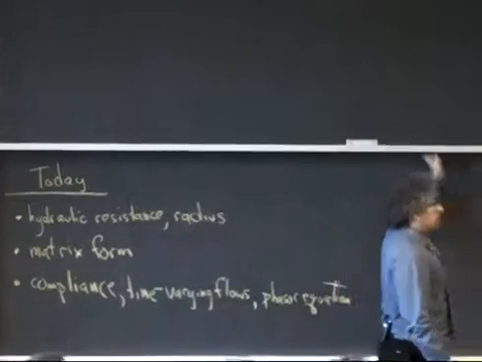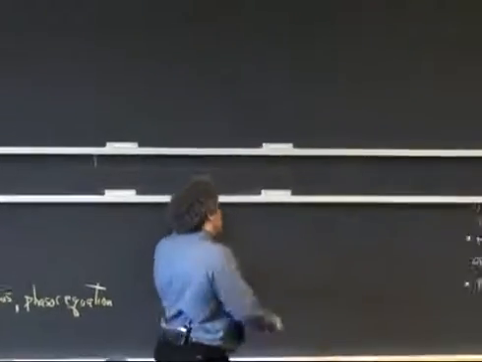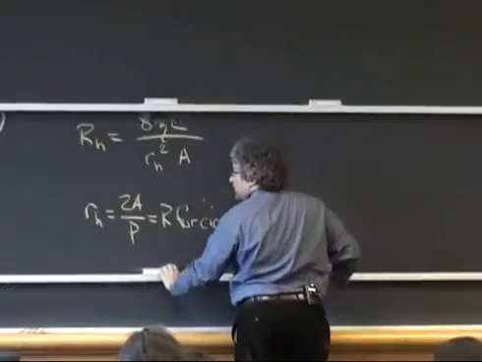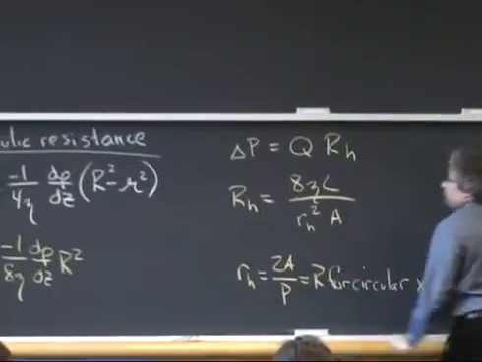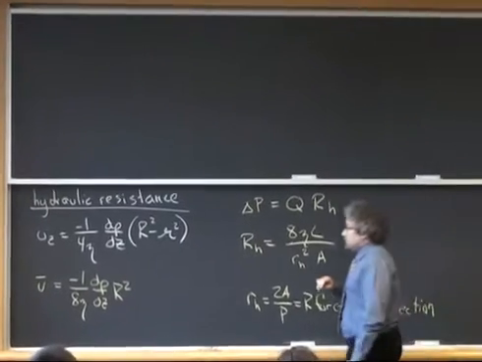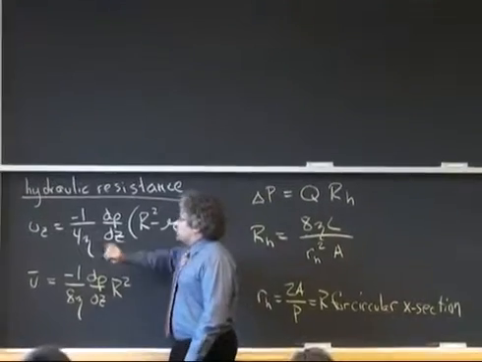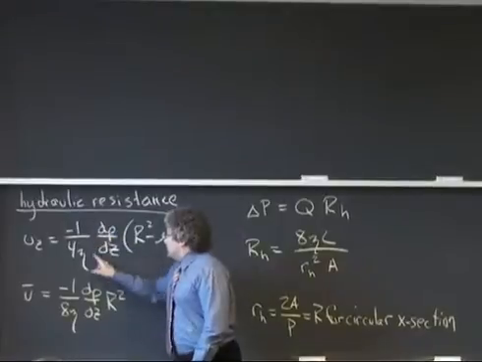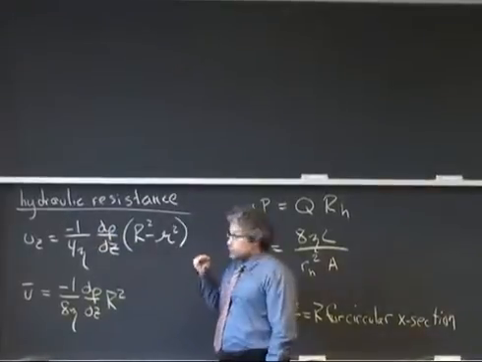So again, as you recall, last time we talked about Poiseuille flow between two plates, and we talked about Poiseuille flow in a tube with a circular cross-section. And we came to some conclusions. We said that if we solve for this flow, this pressure-driven flow with a uniform dp/dz in a tube with a circular cross-section,